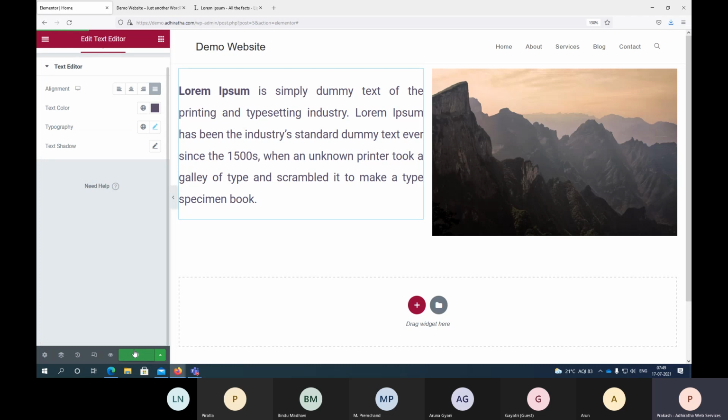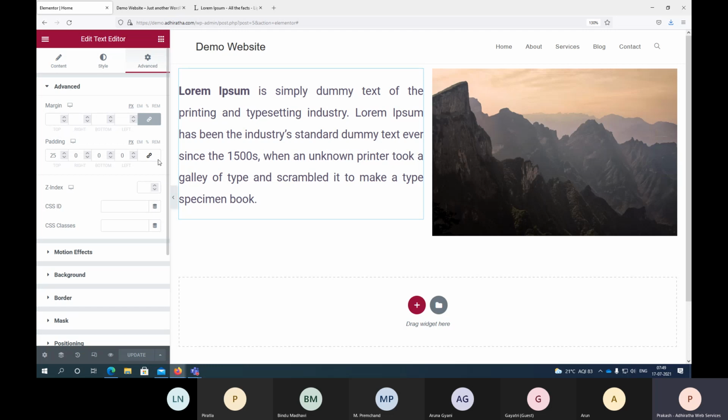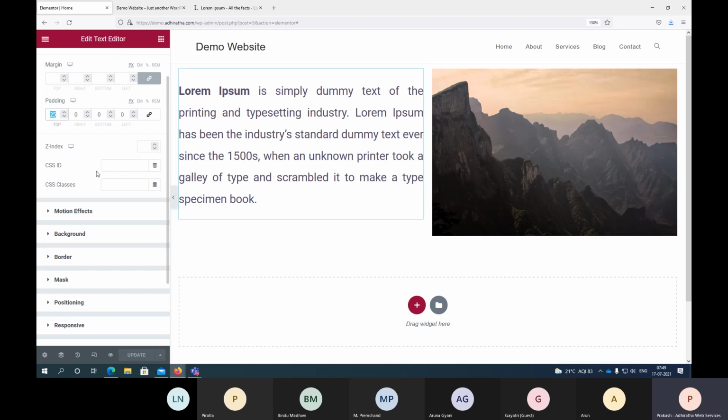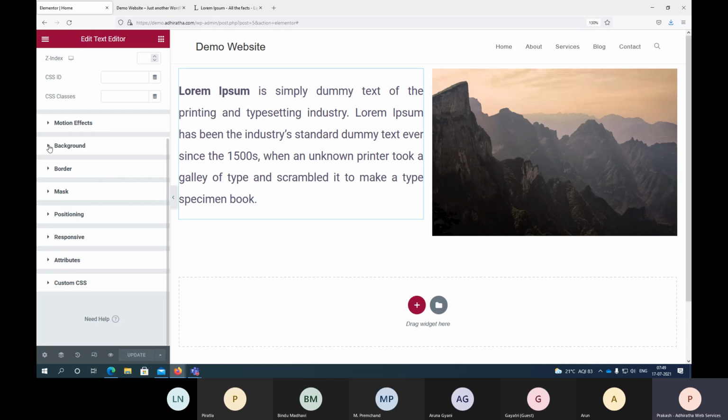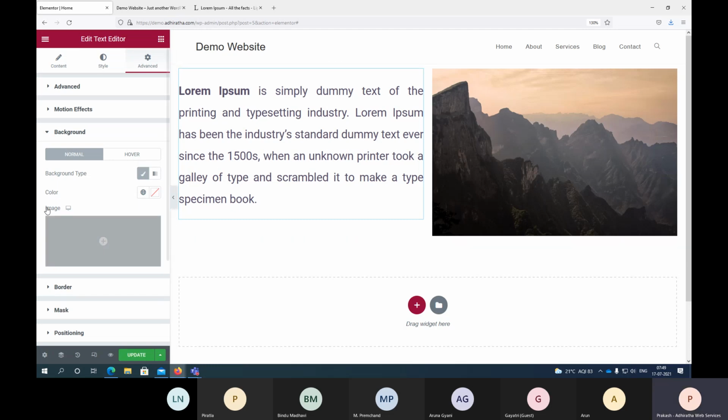Okay, so you guys can explore it. Then we have advanced, you have these options. It has a lot of other options, but as of now you can use this padding section, and you will come to know the rest. You can actually add a lot of things here. Background type you can add, for this part you can add a background. It depends on your requirement again.